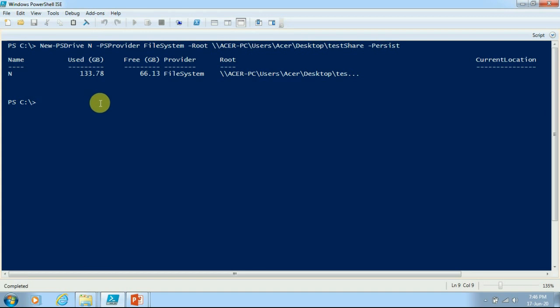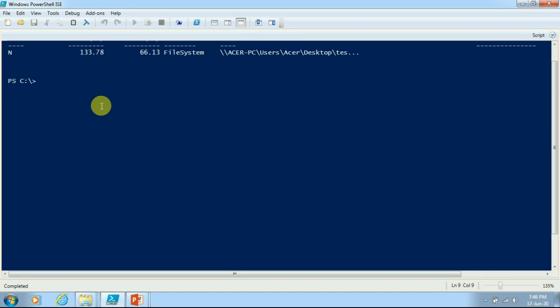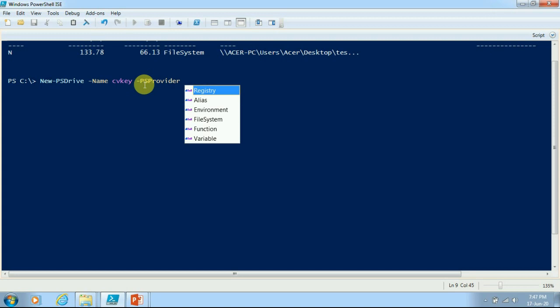Now moving to the next example, I would like to show you how we can create a PS drive for a registry key. So we will have to use the same cmdlet New-PSDrive, but we have to just change the parameters according to the requirement. So here I have given the name for the registry drive as CVkey, and in PSProvider you have to use here